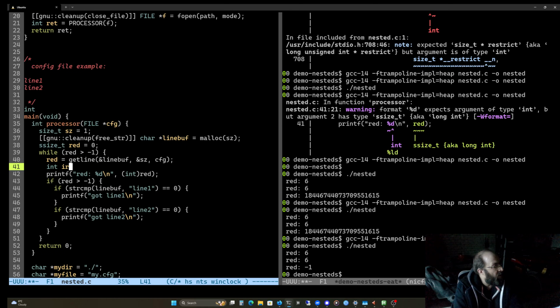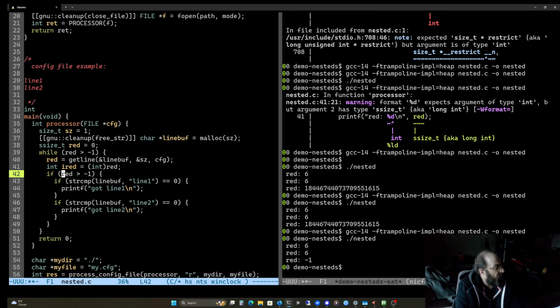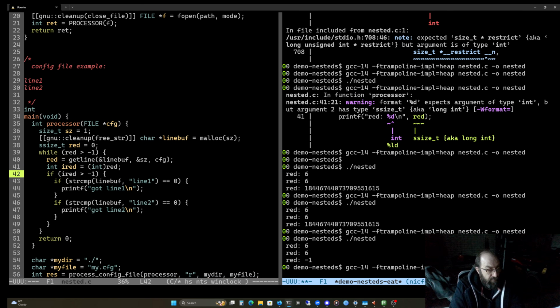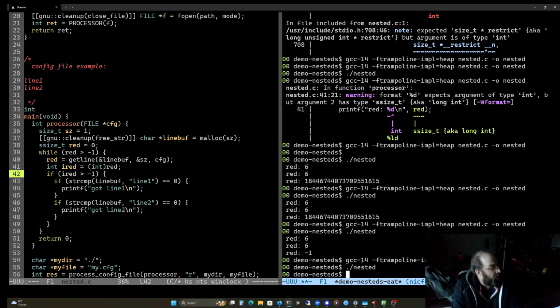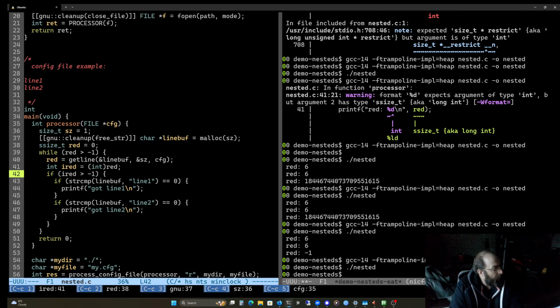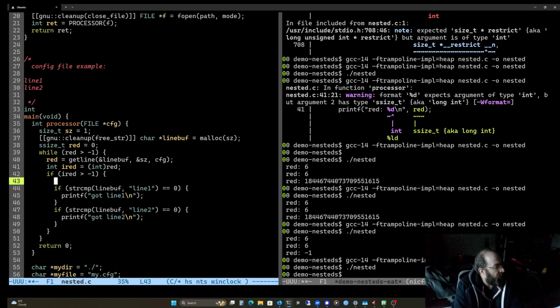We're going to make iRead, int read, because obviously for some reason that I don't want to go into right now, the -1 thing isn't working. So we'll say iRead. Okay. So if iRead is greater than -1, then we're going to strcpy line buffer. Okay, so we should be able to printf the line buffer.